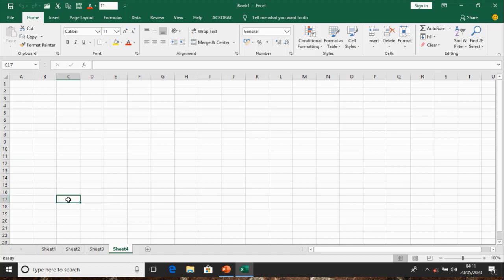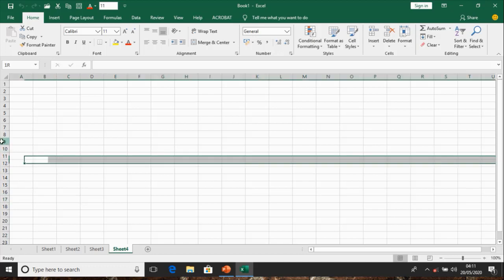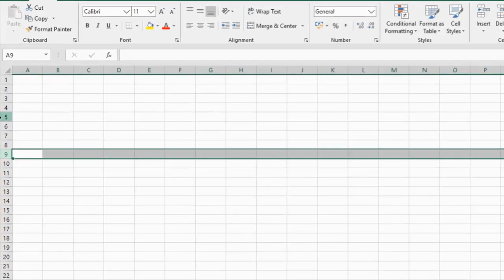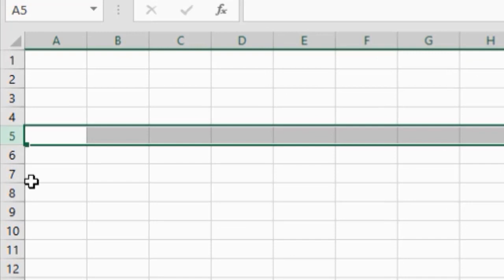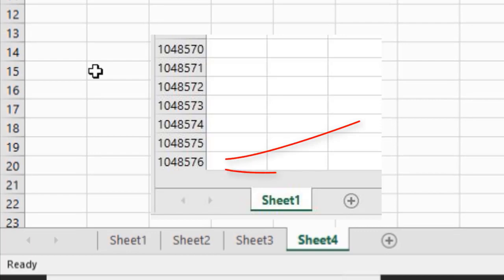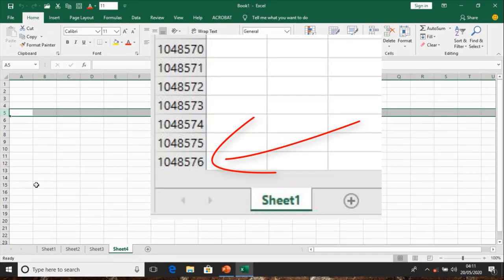The next one is the row. The row is the horizontal line of the worksheet. Every horizontal line of the worksheet we refer to as a row. Rows are usually represented by numbers. As we can see here, you have number 1, 2, 3, 4, down to the last row that has the number